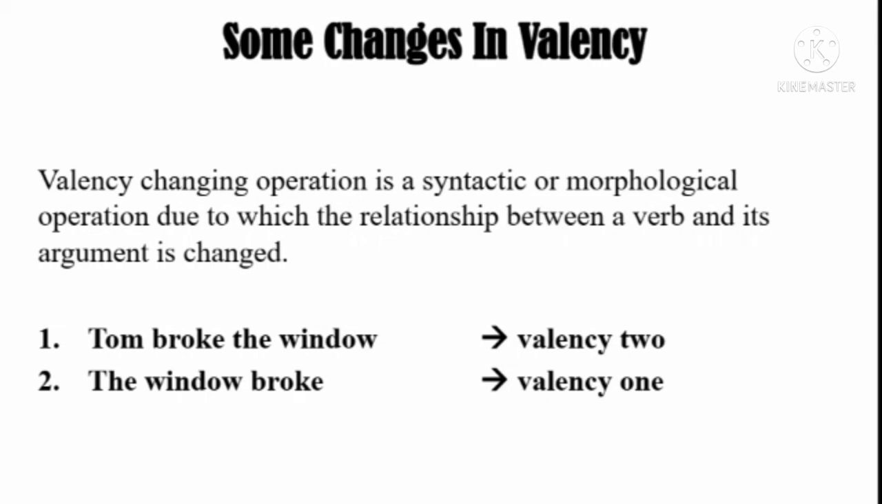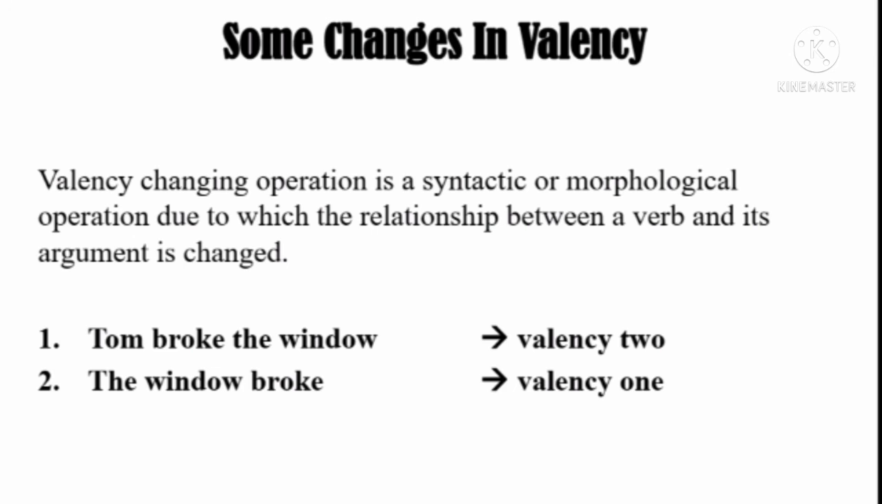I will explain about some change in valency. Valency changing operation is a syntactic or morphological operation due to which the relationship between a verb and its argument is changed. We need to take account not only of how many arguments a verb may have, but also how many it must have. For example,